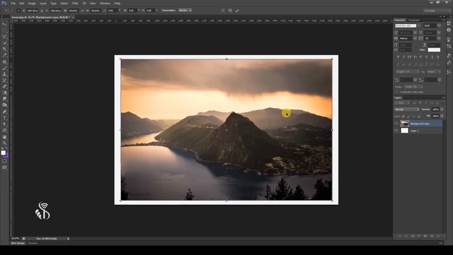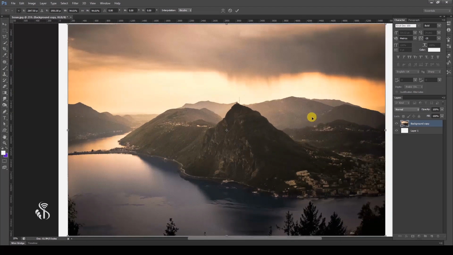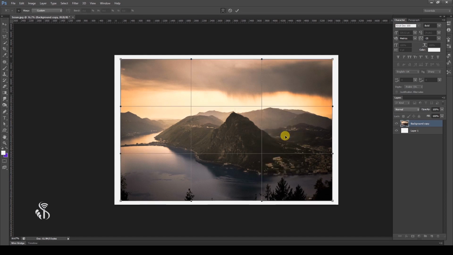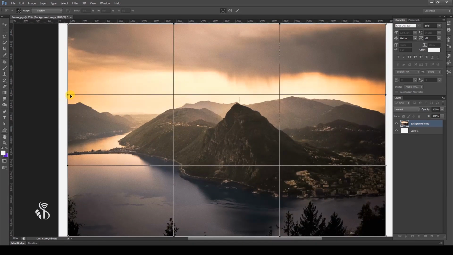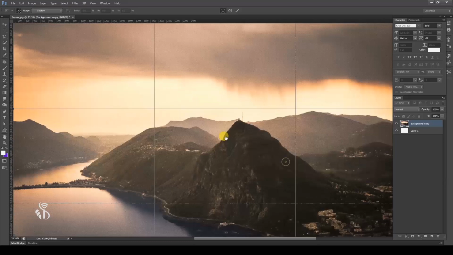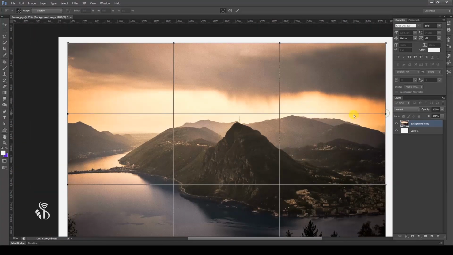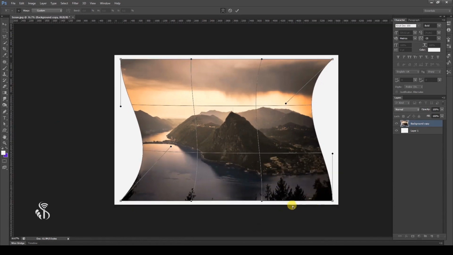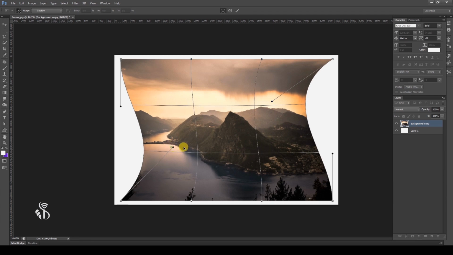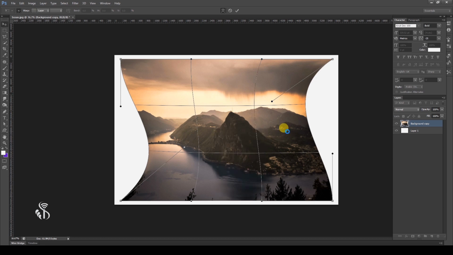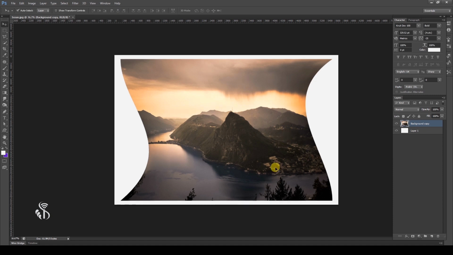If you would like to show some part of the image in a bent fashion, then use the Warp tool. When you select this tool, you will observe some nodes displayed on the image. These nodes can be moved to change the shape of the image. If you would like to make some more changes in the image, then options like distort, perspective, and skew are also available. Let us see how these commands are used.